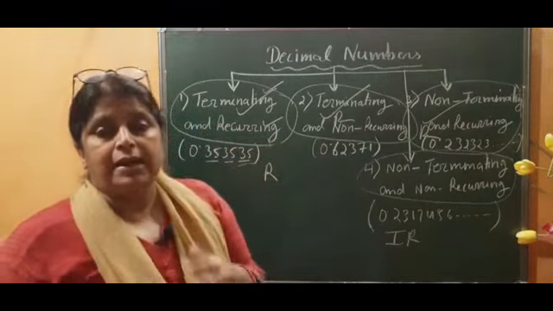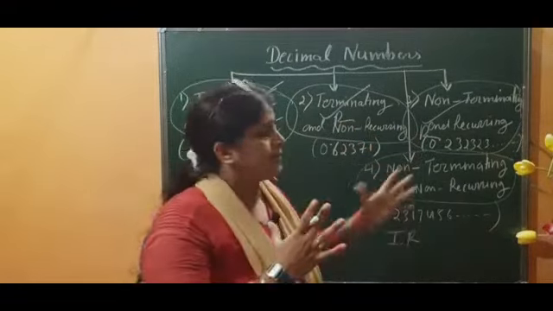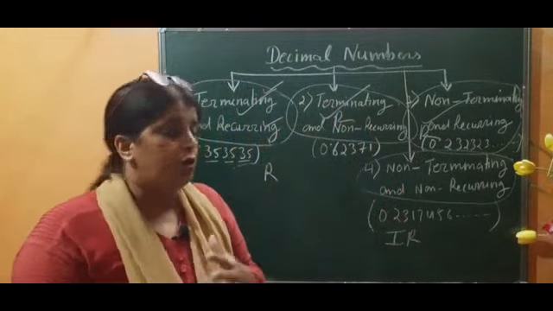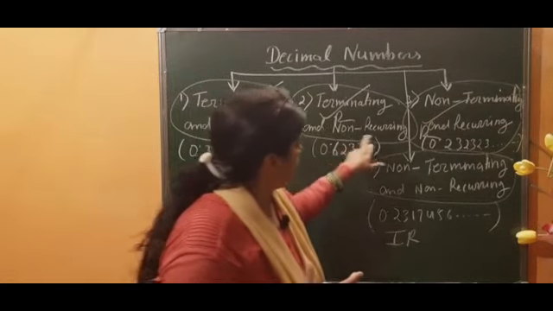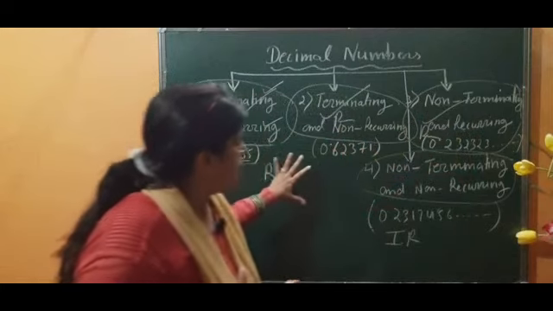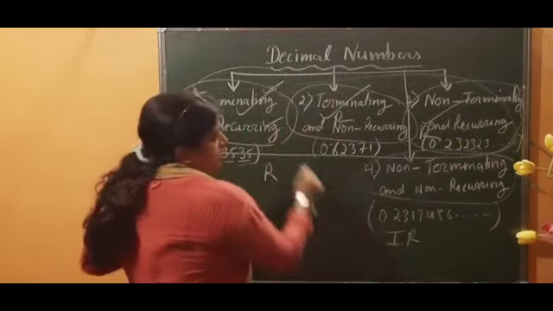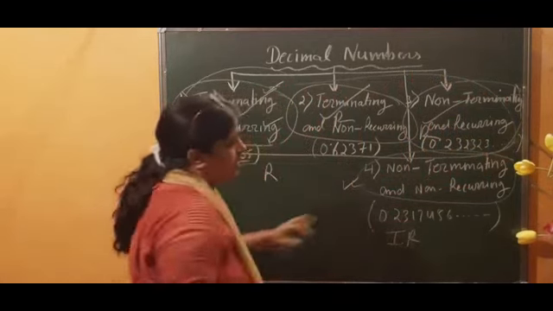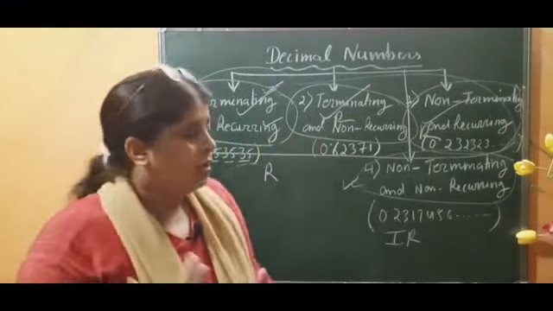If you see any decimal number and you are confused, just think about all these 4 types that your teacher told just now. All the terminating recurring decimal numbers, terminating non-recurring decimal numbers, and non-terminating recurring decimal numbers come inside rational numbers. These 3 are rational numbers. Only this one, non-terminating non-recurring, will come inside irrational numbers. So we are going to solve the sum now.